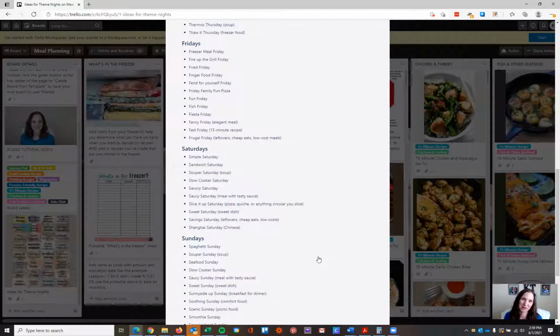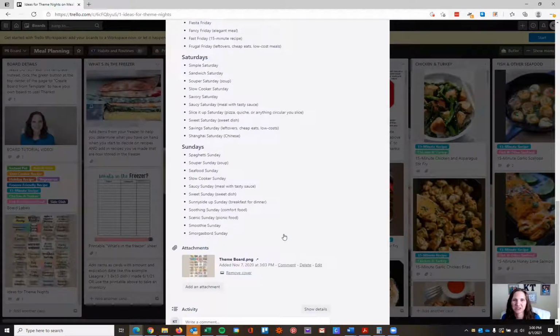Our family uses this. We have Friday Family Fun Night every week. My kiddos are under 6 years old at this time, and they love our Friday Family Fun Nights. We often have pizza, whether it's homemade pizza or Domino's or another takeout pizza that we get for the girls. It's a fun way that we jazz up our meals, and our girls always look forward to our Friday Family Fun Night. We have Frugal Friday, we have Simple Saturday, Slow Cooker Saturday, got Spaghetti Sunday, Seafood Sunday, Soothing Sunday,